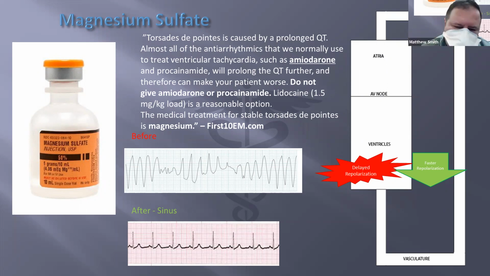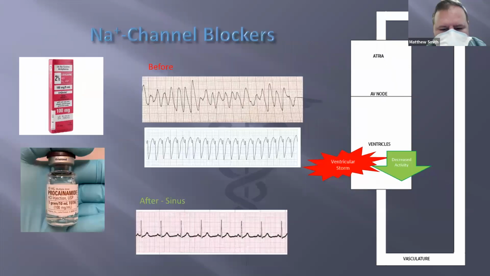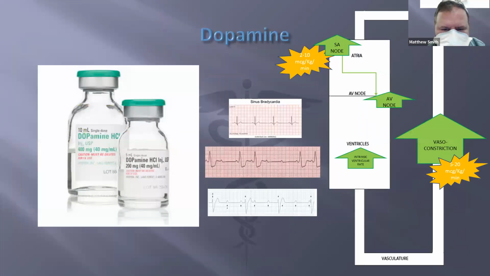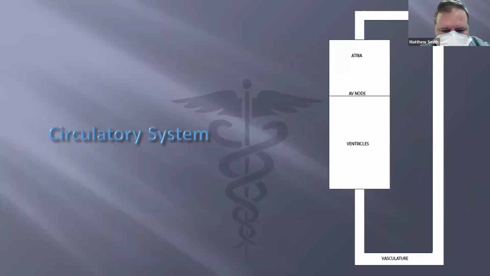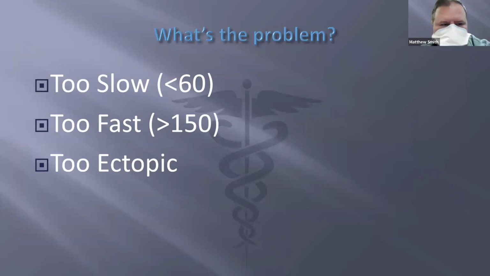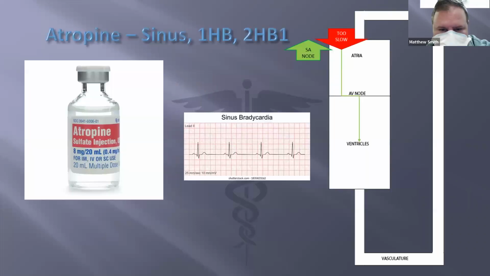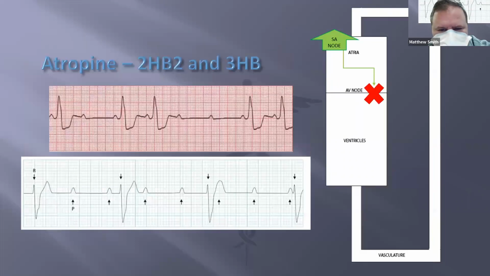All right, so that's really what I had for you on this. Again, to sum up, if we go all the way back, we have three possible problems with the heart rhythm. It's either too slow, it's too fast, or it's too ectopic. If it's too slow, we could give atropine, which will increase the firing rate of the SA node, but it